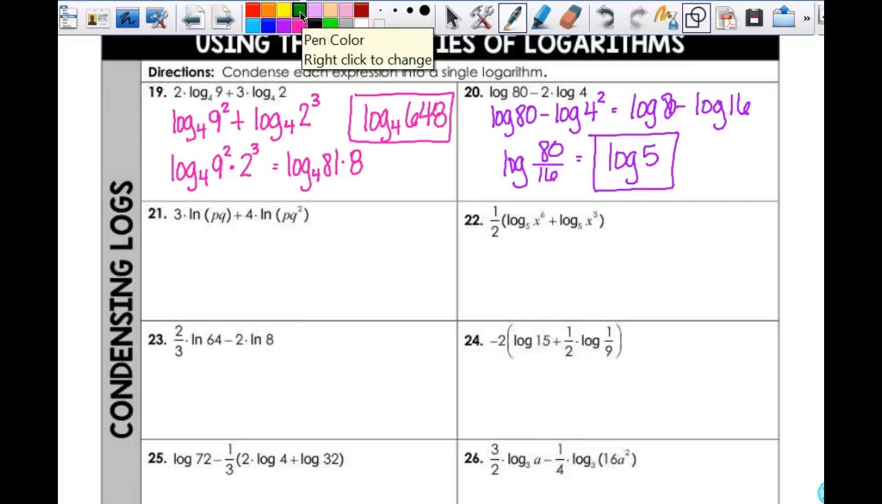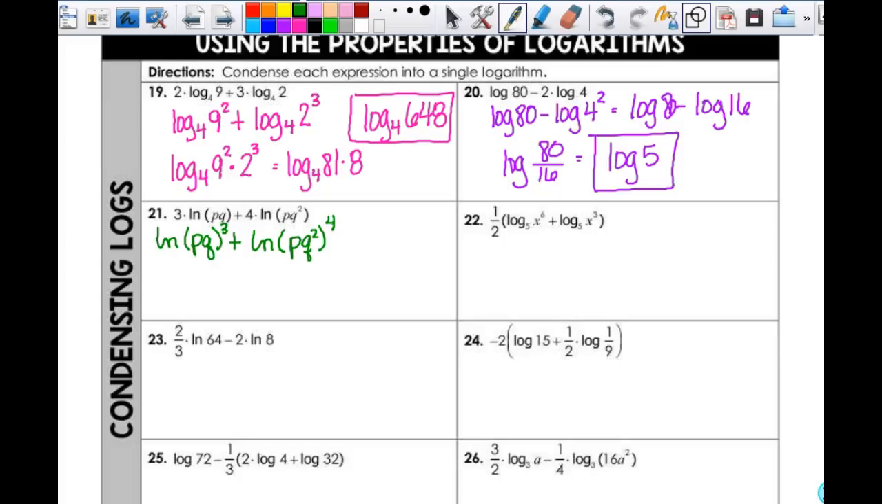All right, so I've got to condense these. I've got this 3, which is out here, so it's going to become an exponent: the natural log of p times q to the 3rd power, that whole thing to the 3rd power, plus the natural log of p times q squared to the 4th power. So I first need to fix my